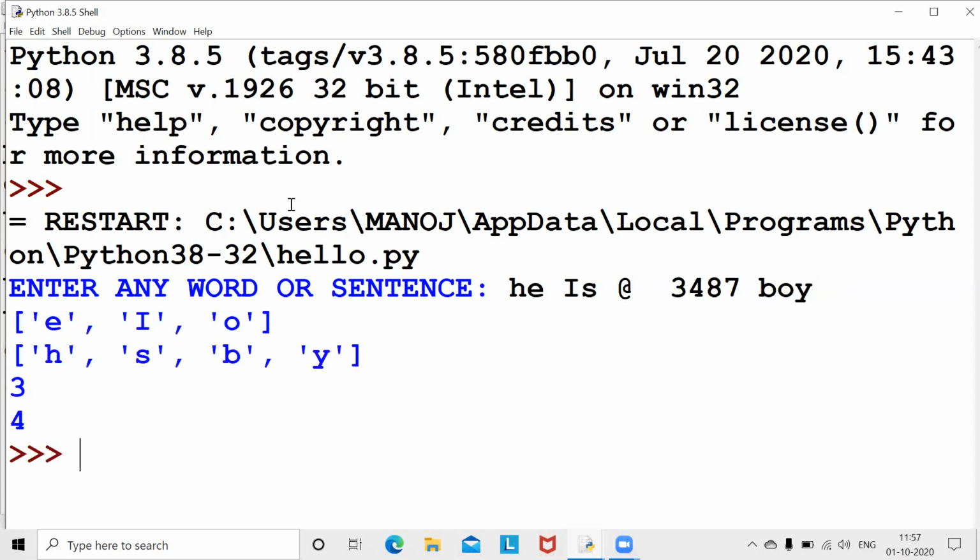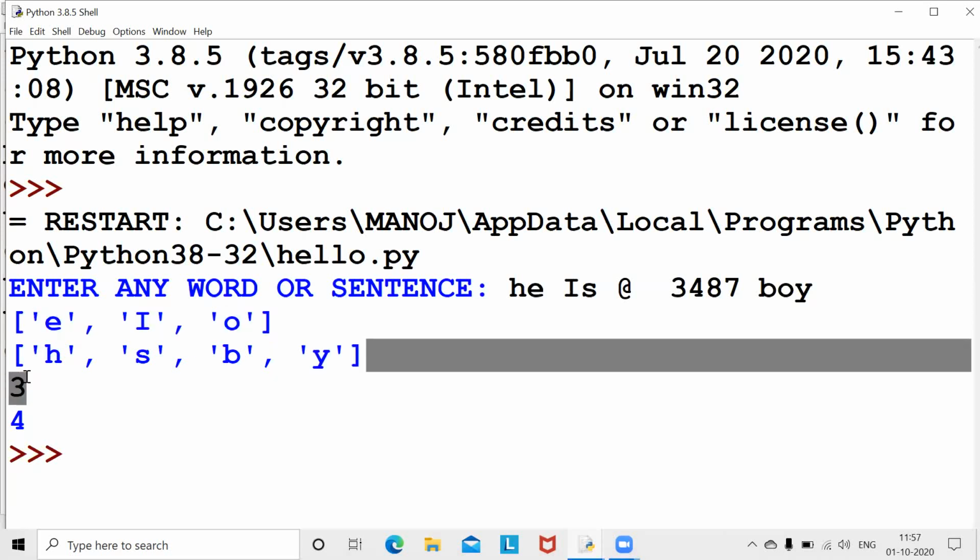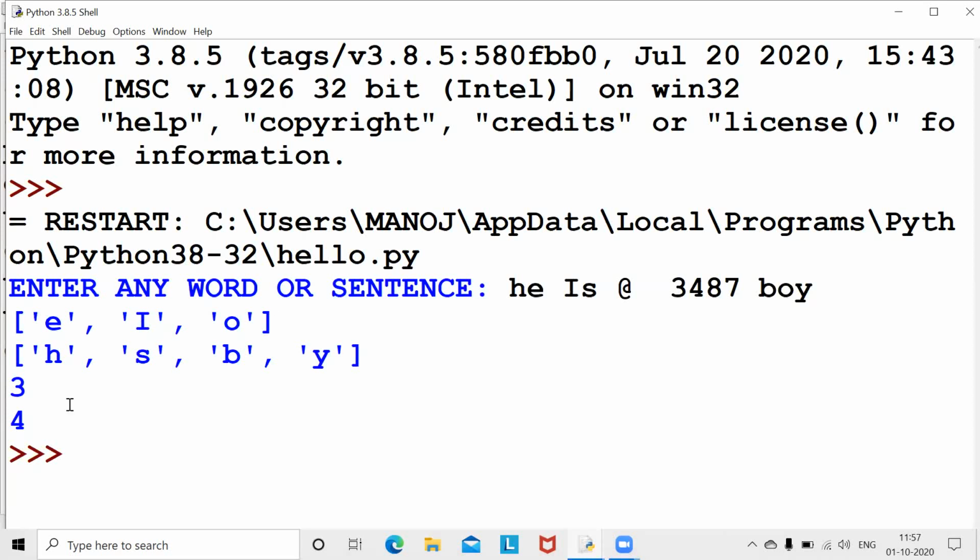Now let's check the output. See here, E, I, O are vowels. The vowels list is printed. Here H, S, B, Y are consonants, so I printed the consonant list. Number of vowels, how many? E, I, O, 3. Number of consonants 4. So we printed it on the output screen.